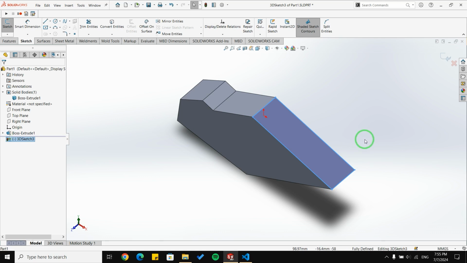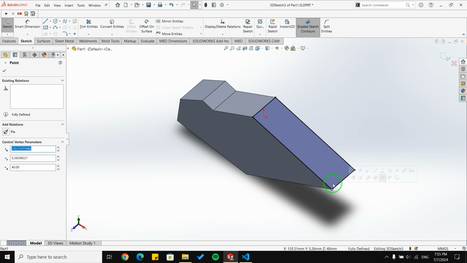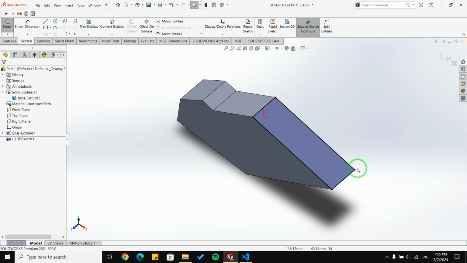Now I'm able to use the get points function that we talked about in the previous video in this sketch and extract all the points' locations here.